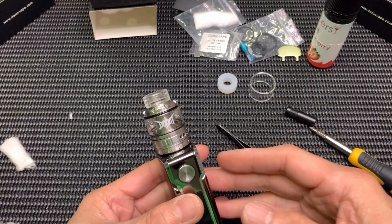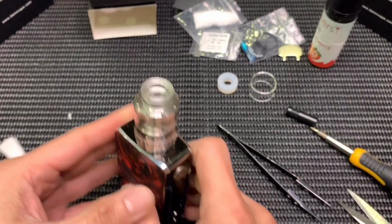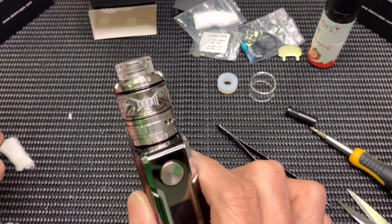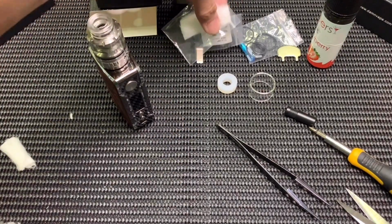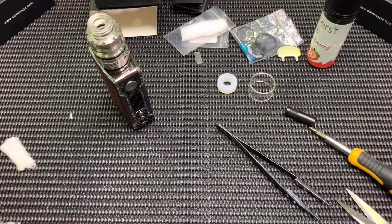Okay, so what are we doing? 130 ringgit for the tank, right? The Doom RTA, the one and only tank, in my opinion, that has been thought of from start to finish before they even put it together. You get your 2 pieces of cotton, 2 pieces of coils, your bag of spares, and your extra glass, right? This is what we